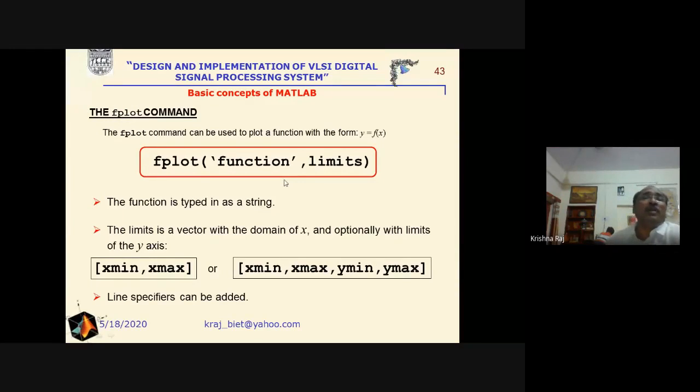Now if we are interested in drawing the fplot, and at the same time we are also interested in defining the range on the x-axis and y-axis, then we will use the command fplot, the function, and then limits. Just writing one word of the command, we are in a position to get the response here. So if we write fplot and then define the function, comma, limits, and the limits are nothing but the limits on the x-axis, that is the minimum value of x to the maximum value, as well as the y-axis, both will be defined here.